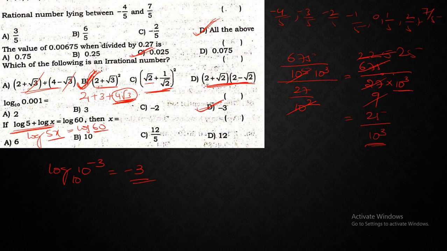So 5x is equal to 60 on comparison. So when 5x is equal to 60, x is equal to 12. So what is the answer? So the answer is 12. Next, moving on to